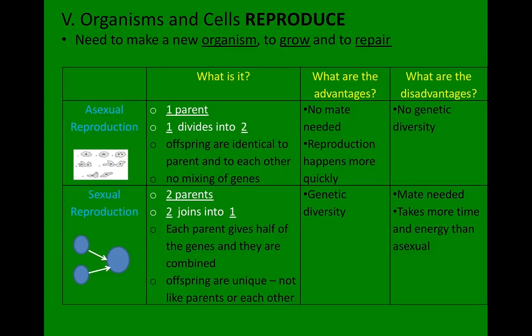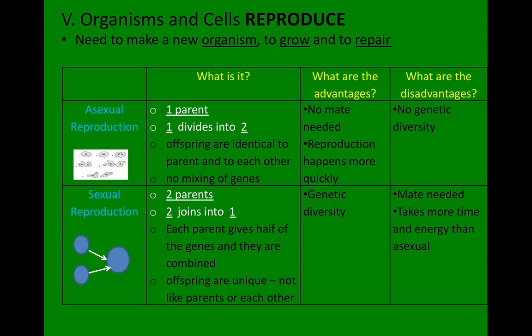Alright, let's get back to the note sheet on page 14. We're going to summarize what that video just talked about. You do need to fill in the underlined information that's shown in white. So to start off with, we have asexual reproduction. What is it? It involves only one parent, and that one parent divides into 2, resulting in offspring that are identical to the parent and to each other. There's no mixing of genes. The DNA is an exact copy or clone.